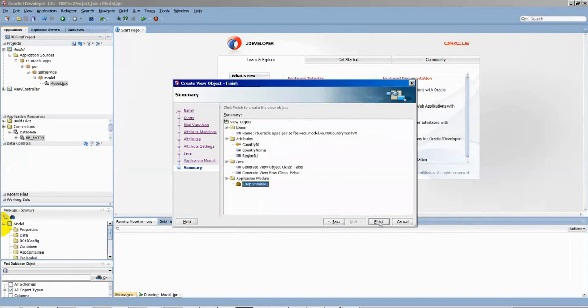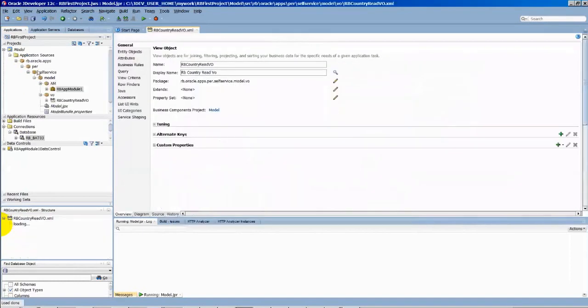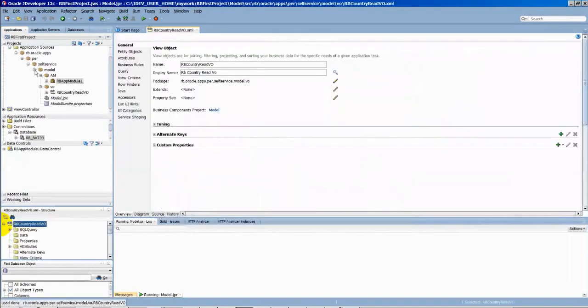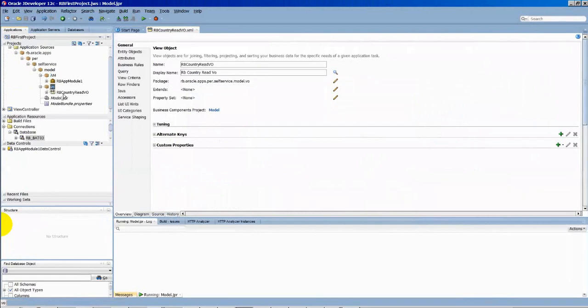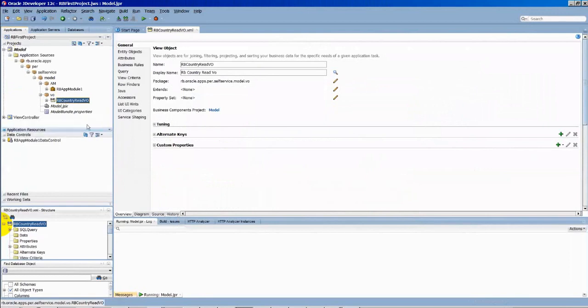I will show you how it is. Click on finish. Keep seeing the structure here. Under model, we have created two packages, application module and view object. Under view object, we have created a view object here, a read-only view object, and this read-only view object has the XML file. In this XML file, we have the metadata of that